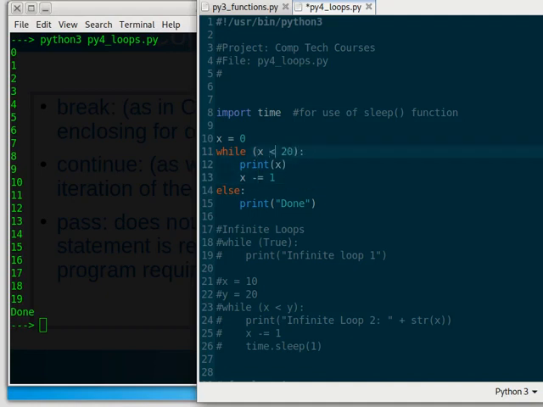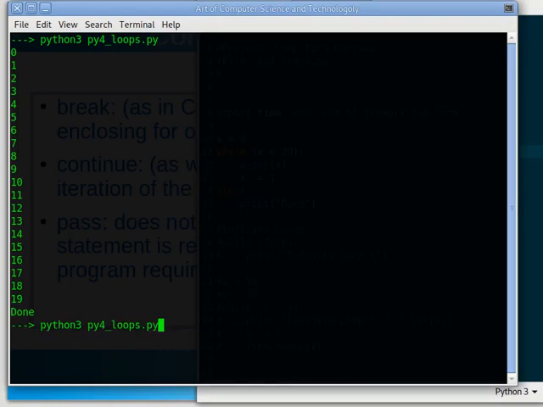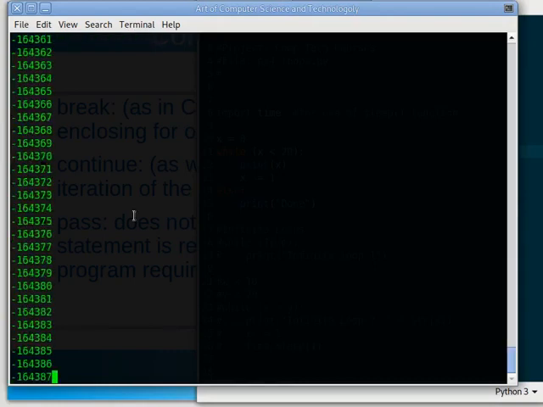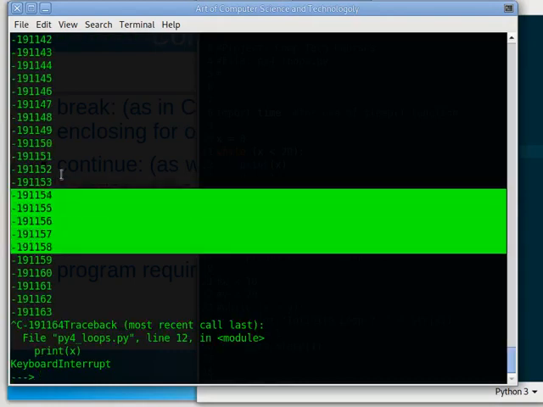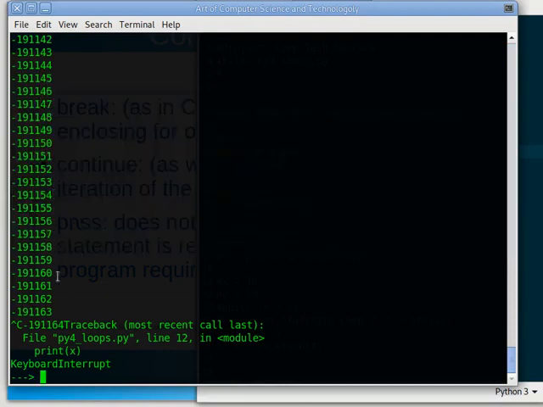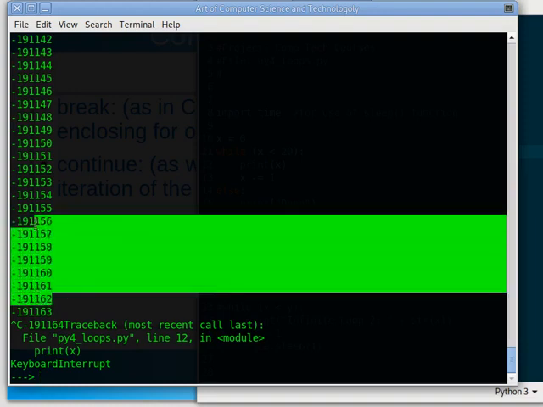And then there we go. And since x is going to constantly be decreasing rather than increasing, it will never reach this 20. So run that, and as you can see, very quickly it just goes up to whatever thousands of numbers it's at. So that, if you're dealing with something that's just a simple terminal and just a few lines of text,